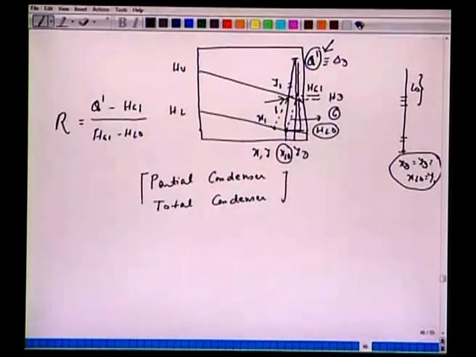Okay. So, the difference here: if the number of plates is n, then in the case of a partial condenser we have one more plate representing this condenser, because this acts as a theoretical plate. The two leaving streams are in equilibrium. All right. So, this completes our discussion for the first part of the distillation column, the top part, which we call the rectifying section.